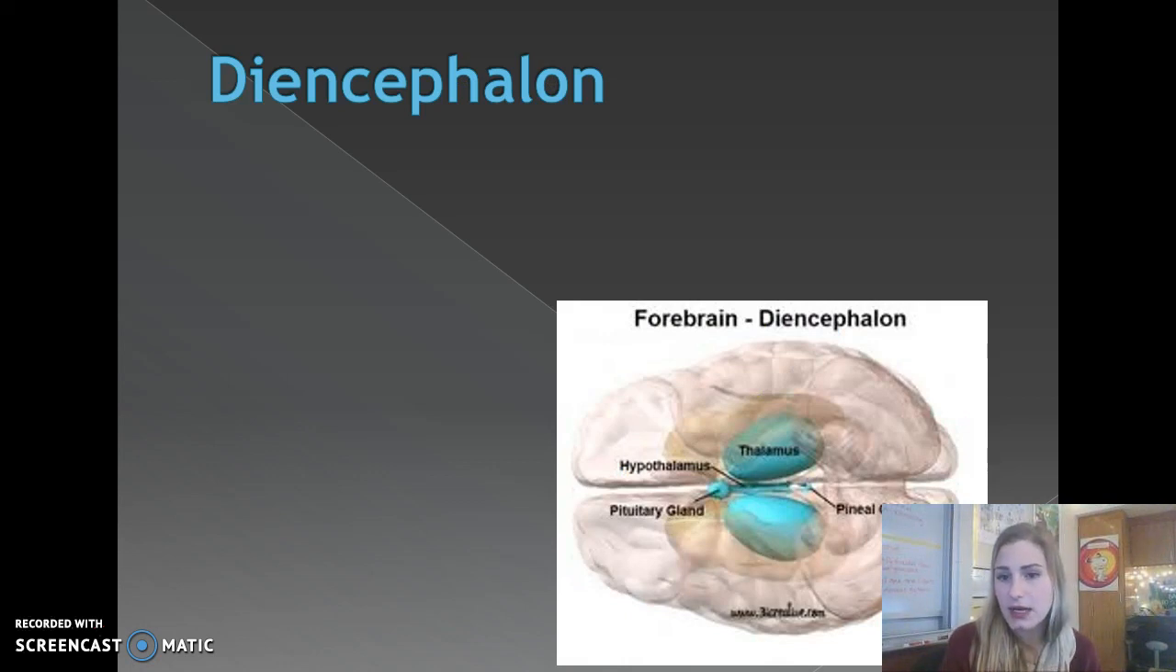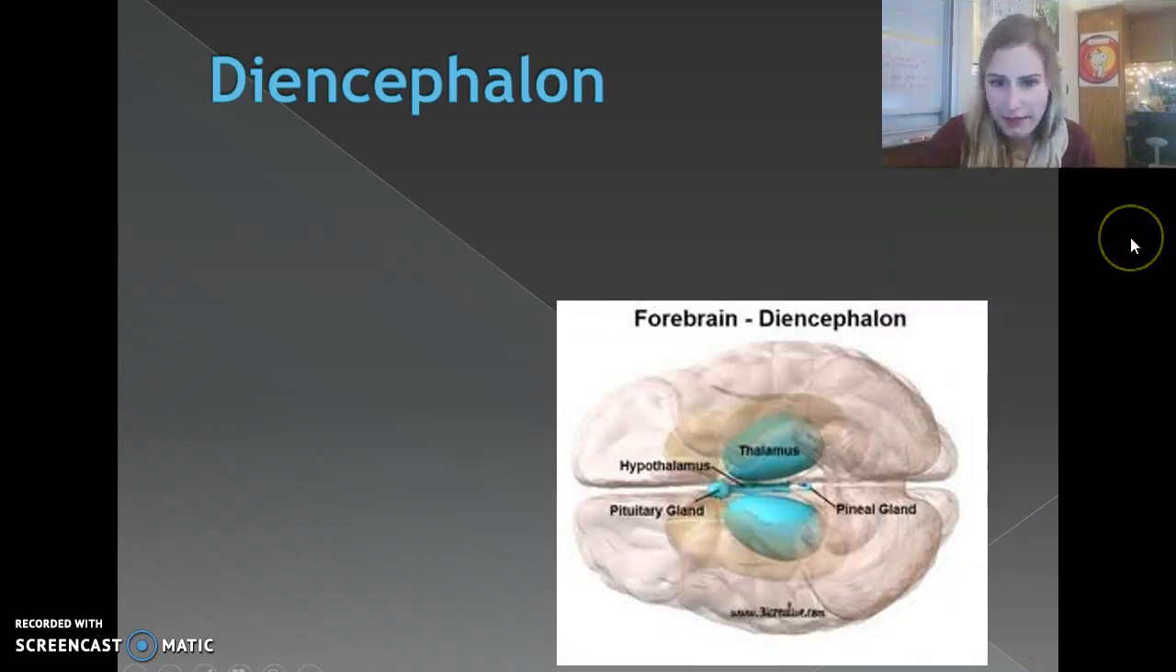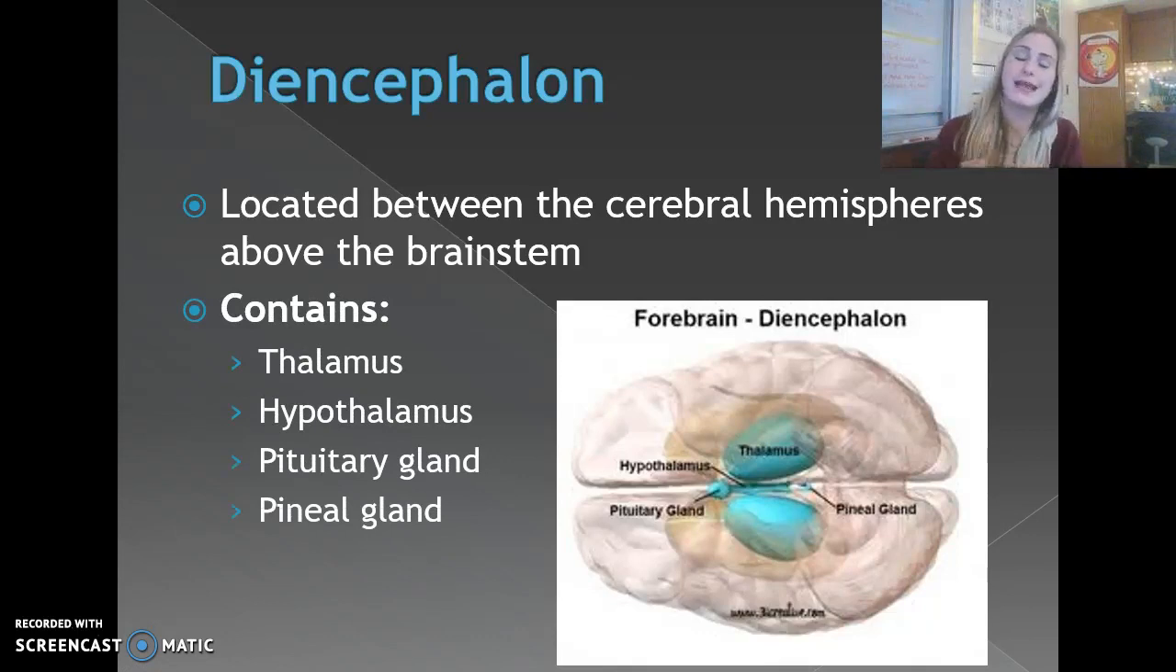So, diencephalon. This is going to be the internal region of the brain, which is why I have that little blue area lit up. Located in between the two cerebral hemispheres, so in between the right and in between the left. And this is going to contain the thalamus, the hypothalamus, the pituitary, and the pineal gland. The pituitary and the pineal gland, those are going to be extremely important for the endocrine system, which we are studying after the holiday. So thalamus and hypothalamus, these are also very important for the endocrine system, which is another